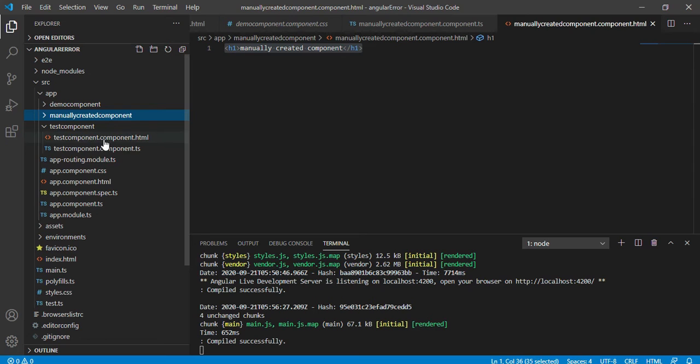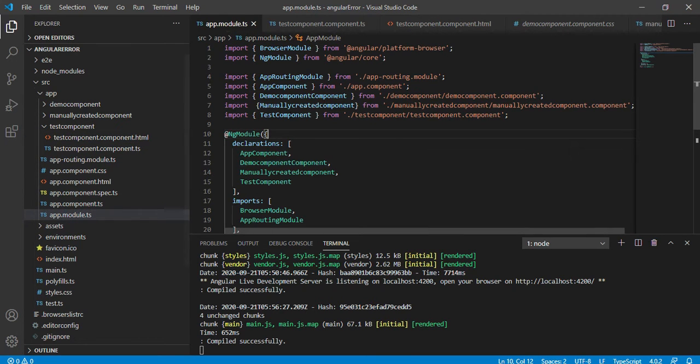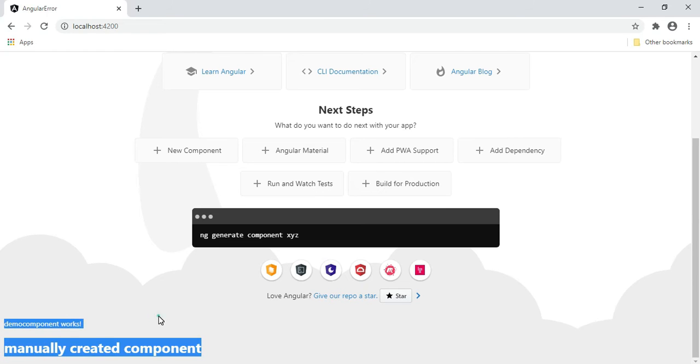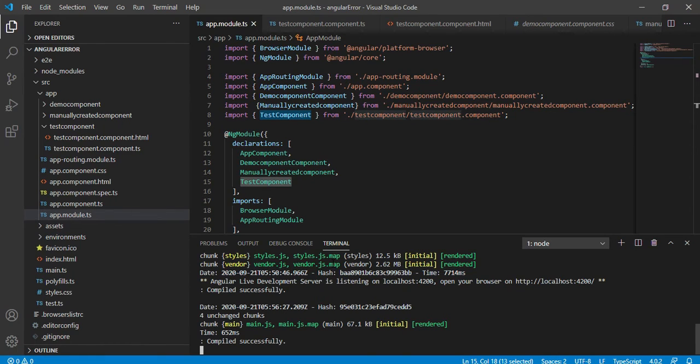So I created this one. If you see the test component, I just wrote a header, and when we map this component with our app.module.ts file, we declare it in this declarations array, and when I run it, this part is not getting